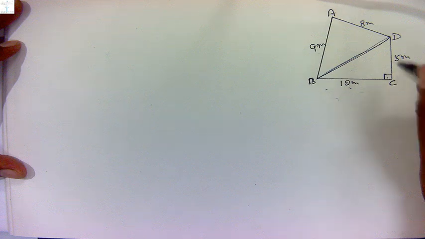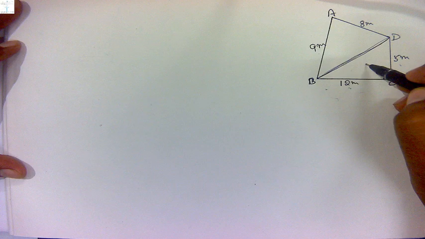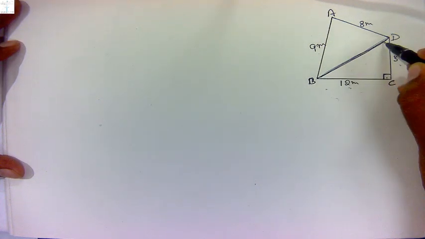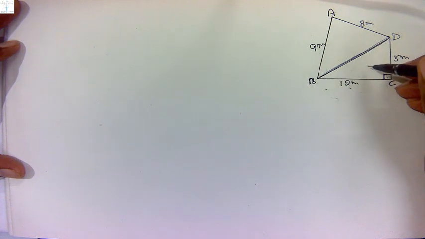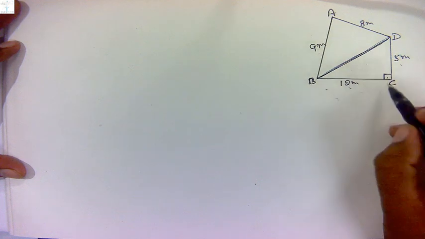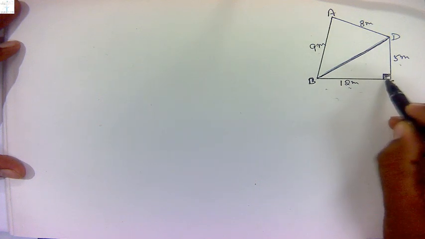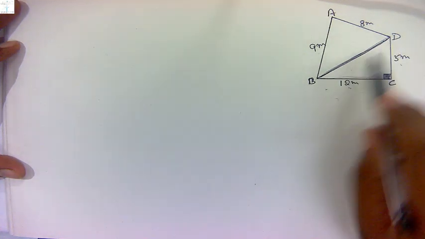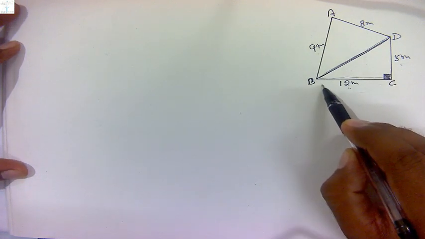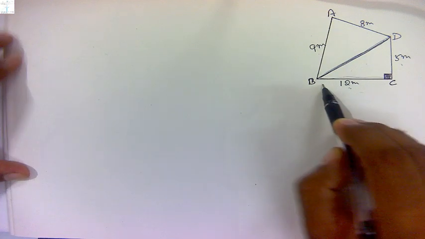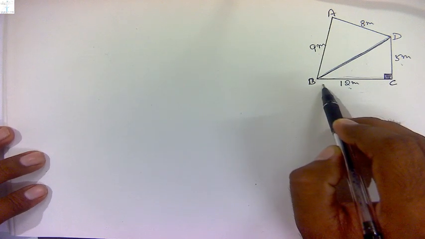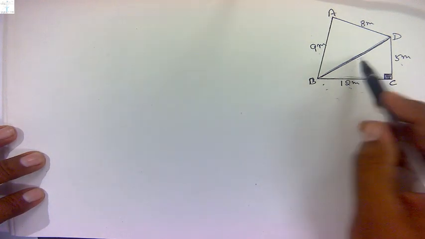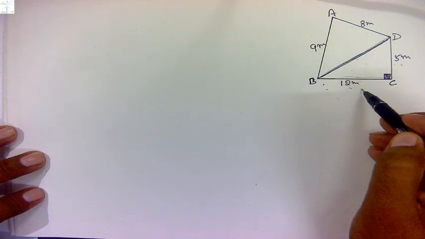Now again the question arises, in the two triangles the three sides are not given. We don't know the side BD. If this side had been there, then we could have used Heron's formula. But as you can see here, there is one right angle given. So what does this mean? That this triangle BCD is a right angled triangle. And when it is a right angled triangle, you have studied the Pythagoras theorem, which says the square of the hypotenuse is equal to the sum of the squares of the other two sides.